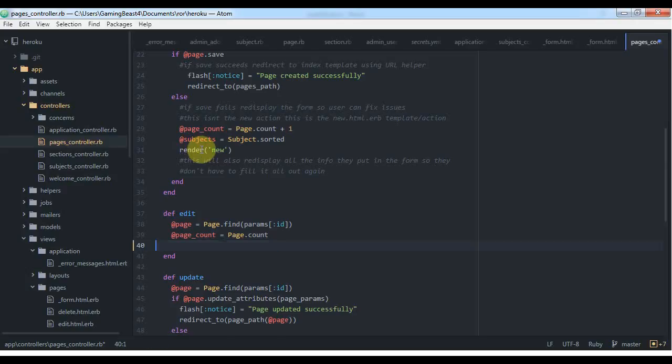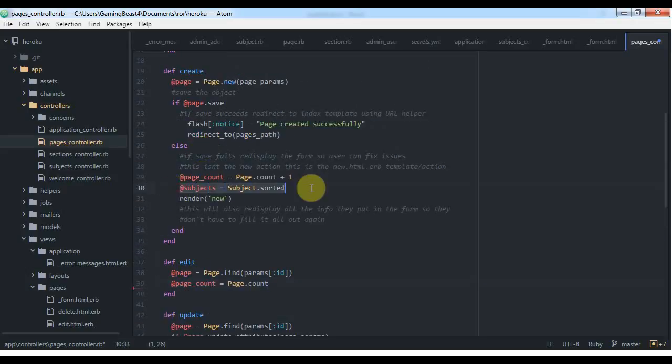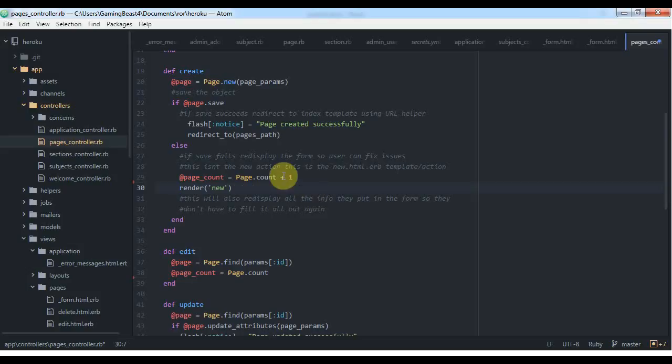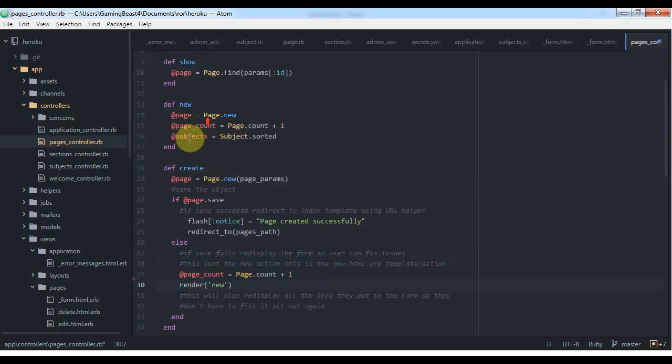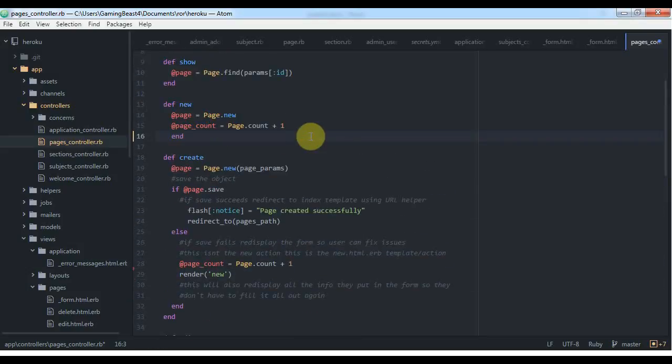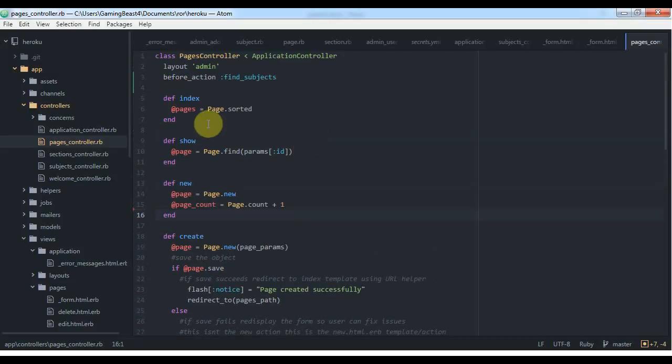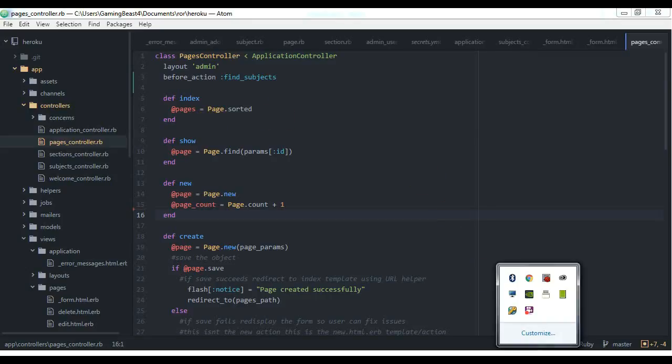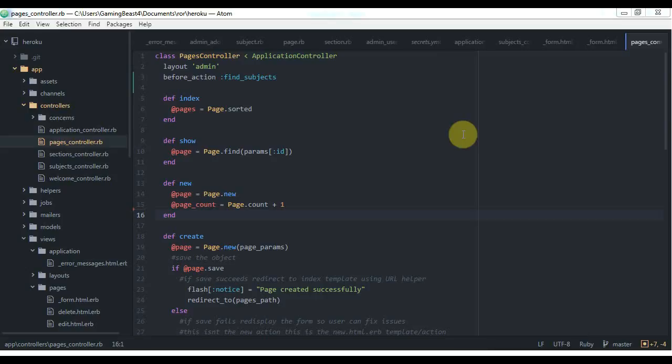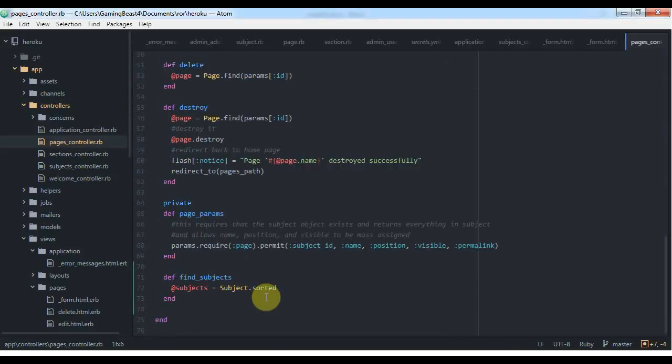Okay, I thought I erased the wrong one there. So obviously be careful. Make sure you don't erase something that shouldn't have been erased, right? That would be bad. Okay, so now that we got rid of all of the instances of subject sorted,